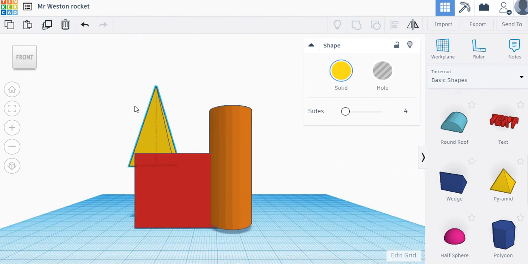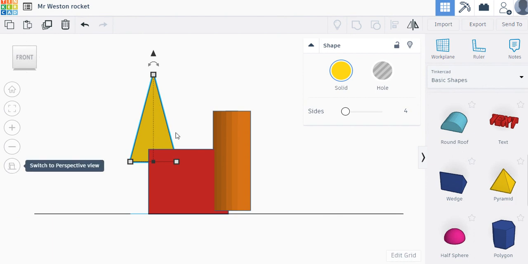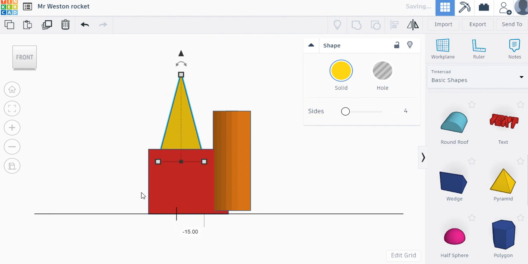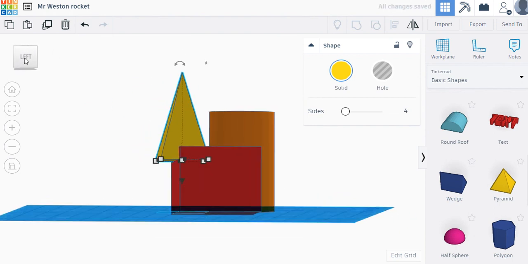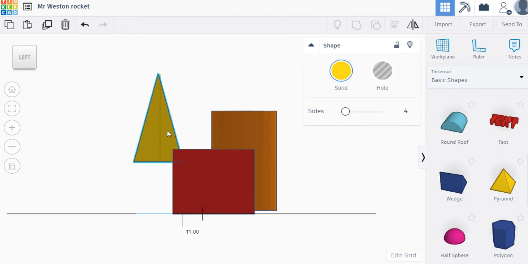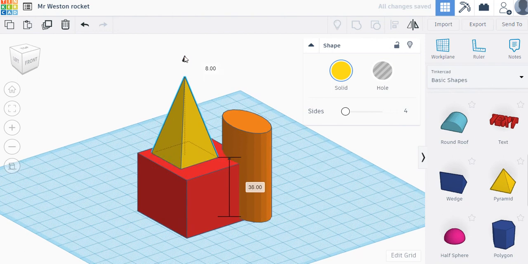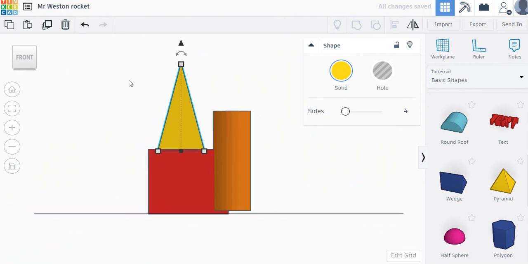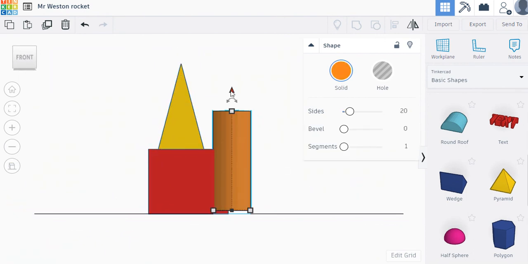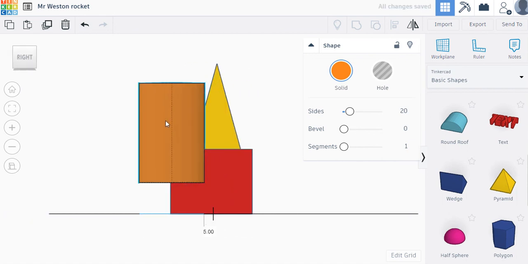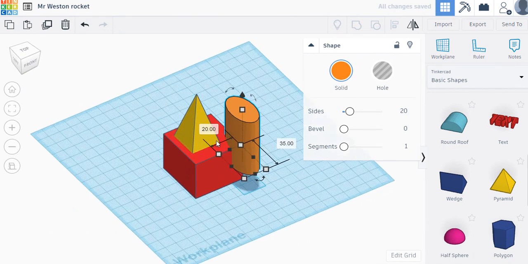Now if you want to be more accurate, then you need to use the views on the view cube and change the view to perspective, and that way you can move the object. You can see here I'm moving the object left and right. If I spin round to the left view, I can move the object backwards and forwards, and if I go into a three-dimensional view, I can then see where I am in relation to all of the other shapes and position that more accurately. Same with the other shape here. Use my view cube, move around, back to our home view, have a look at what I've done,